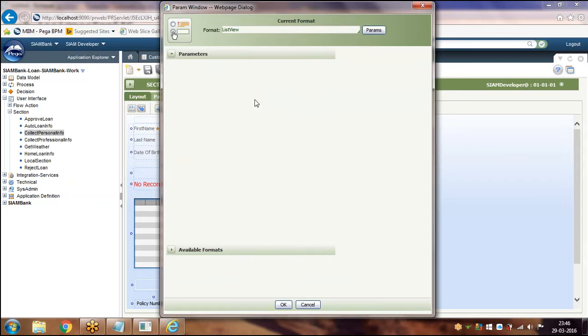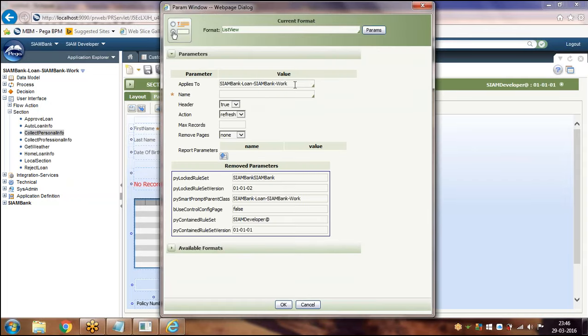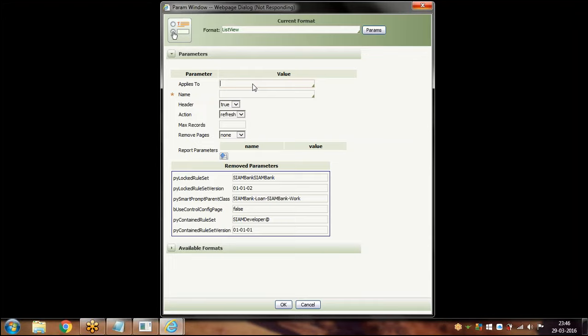Just click on the magnifying glass. Provide the class name where that list view exists. Just click the down arrow, it will show you.